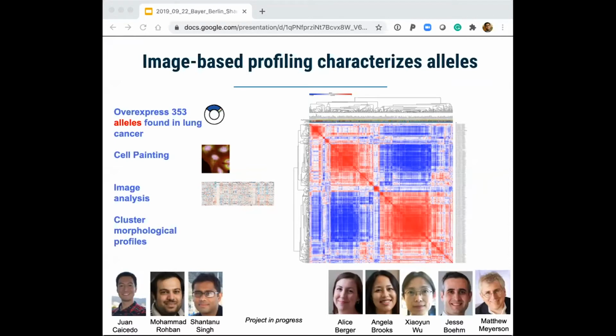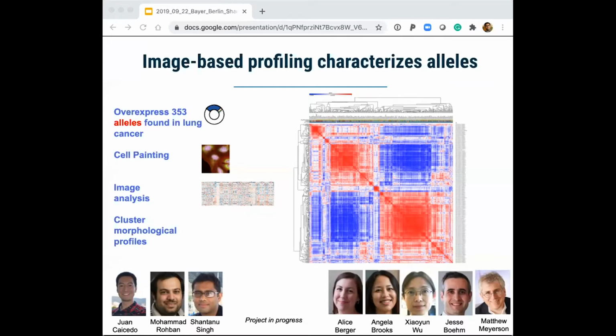And here's an example in lung cancer. Like most diseases, it's not a single disease, but can instead be caused by a variety of underlying mutations. But we can overexpress each disease-associated allele and look for similarities among their profiles. And we might discover that you're not dealing with 353 different types of cancer, but instead a small number of